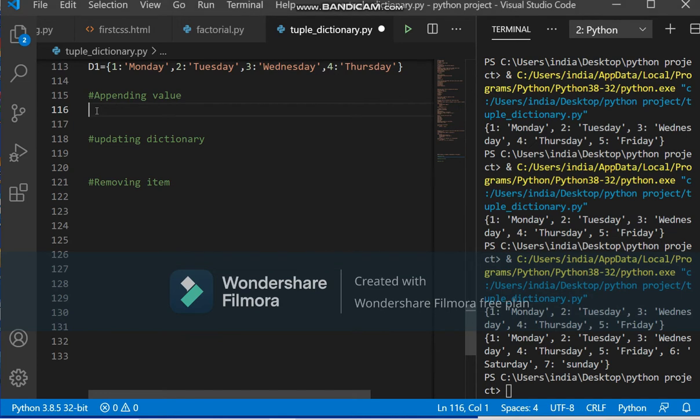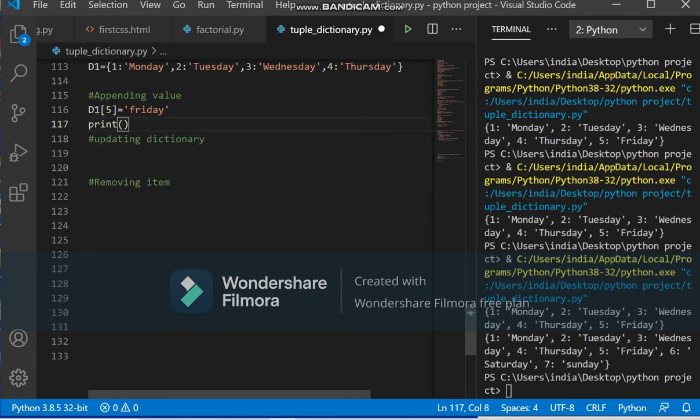This is another dictionary, D1, with Monday to Thursday. So these are the items here. We are now checking out how we can append values in a dictionary. As you can see, there are 4 items. We can add one more, that is D1 5, the fifth element, equal to Friday.